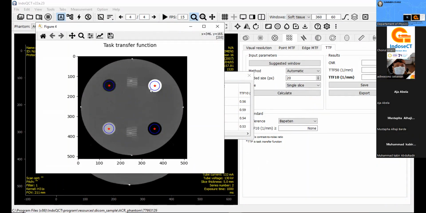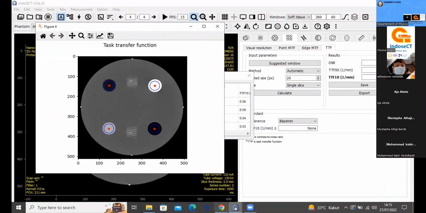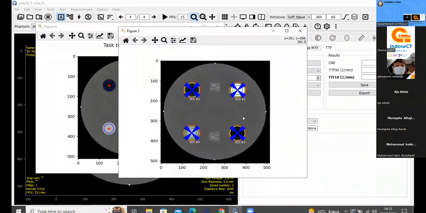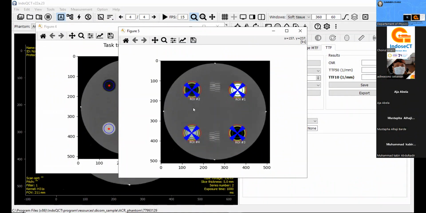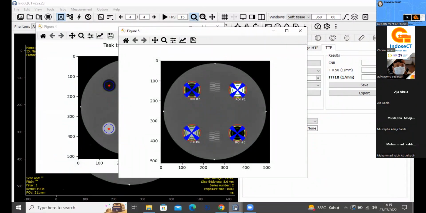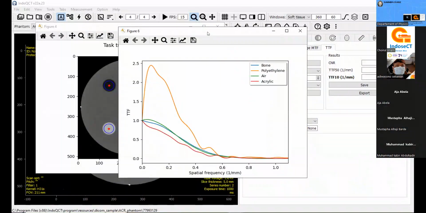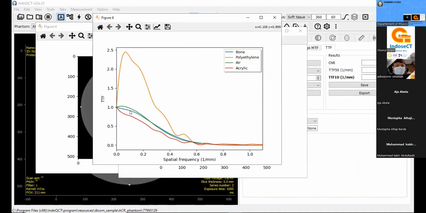The material is accurately detected, and then we place the ROIs within the 4 objects, like this, and then we measure the MTF like this for the 4 objects.